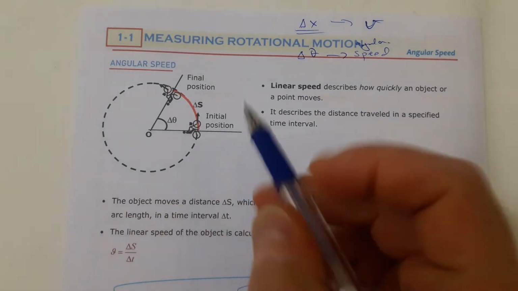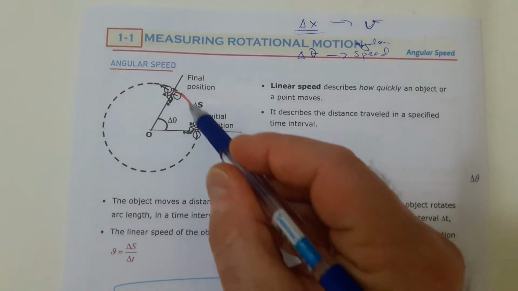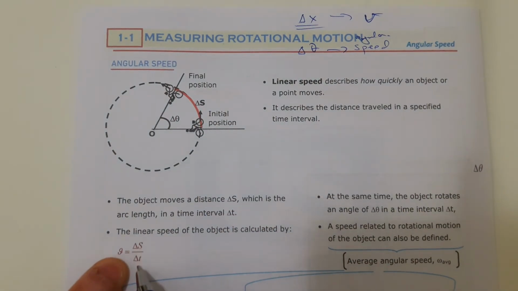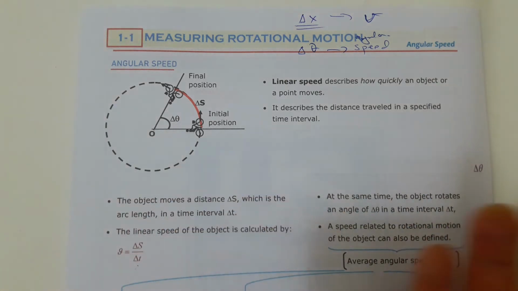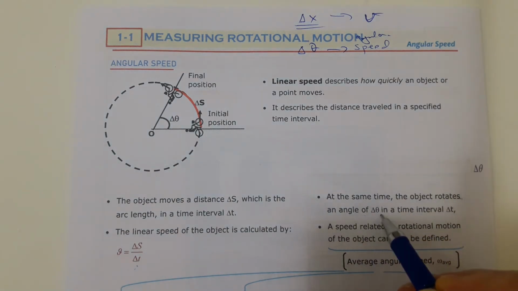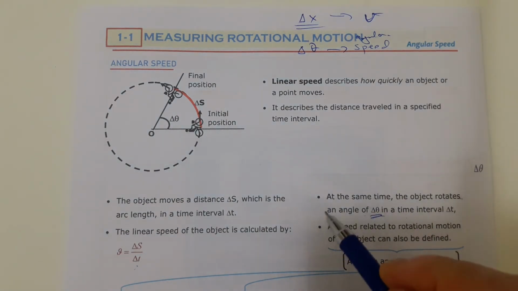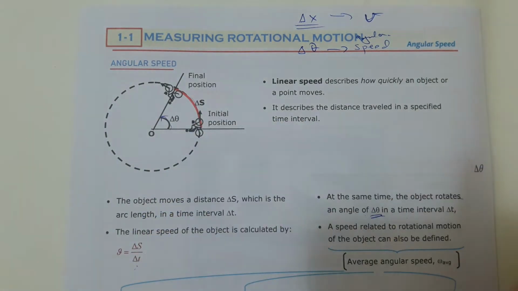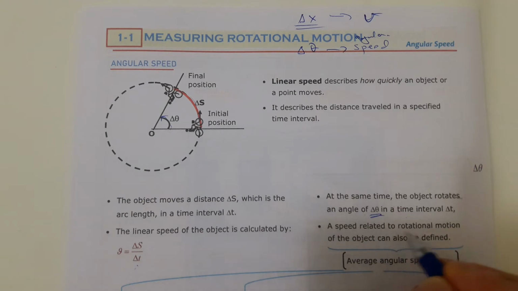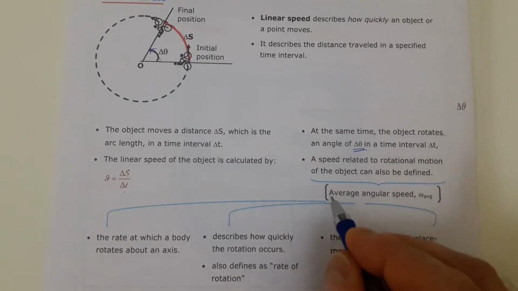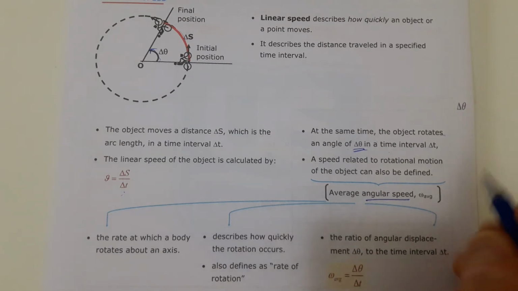If an object moves a distance of delta s from here to there in a time interval delta t, you can calculate the linear speed by delta s over delta t or delta x over delta t. But the same thing can be done according to angle. At the same time, the object rotates an angle of delta theta in a time interval delta t. So it's moving and also rotating, moving in a circular direction. So a speed related to rotational motion can also be defined, which is known as angular speed, average angular speed,